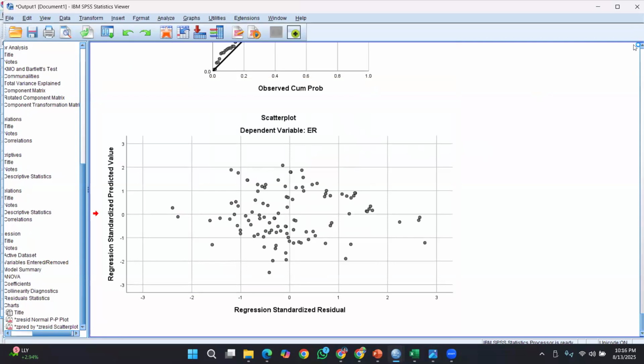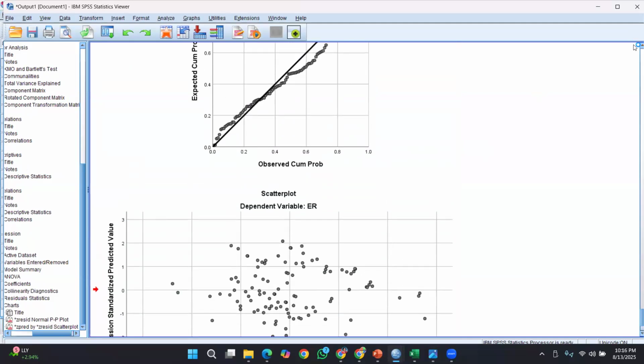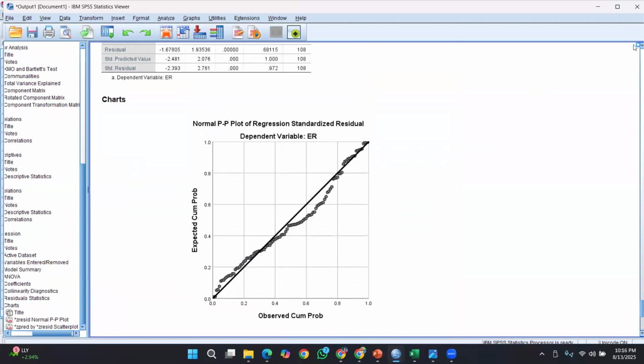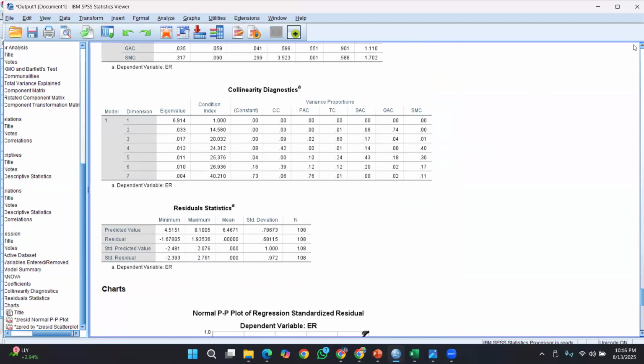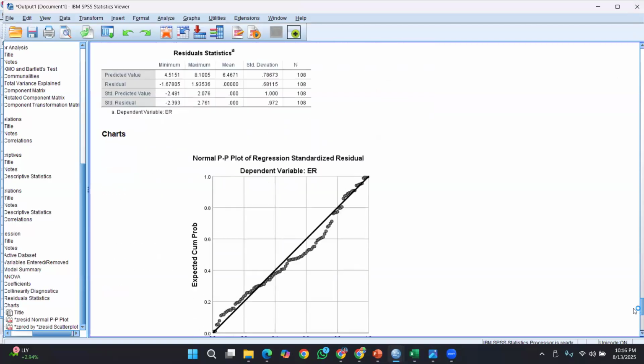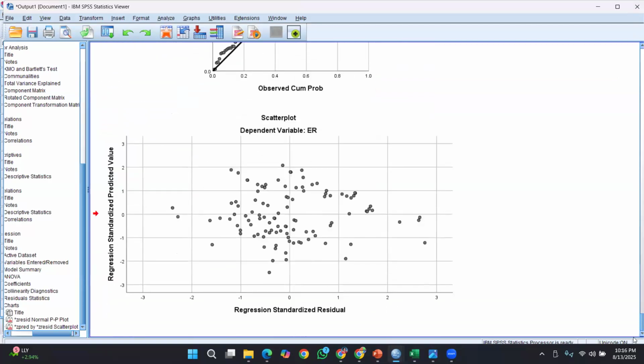Using the scatter plot, you can prove homoscedasticity, and this is the normal P-P plot. That is how we extract data for these assumptions. This one is used for residual analysis.